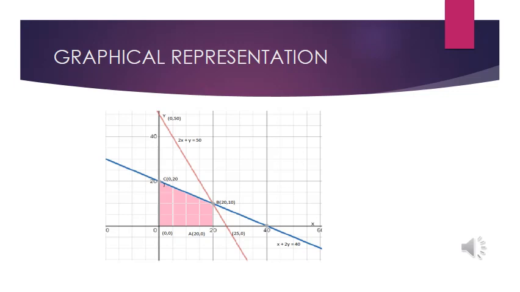Then mark the feasible half planes and then shade the common feasible region. Now look at the common shaded region. It's a quadrilateral, or we can say a bounded closed region with the corner points